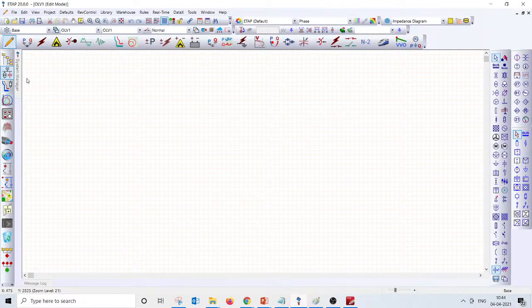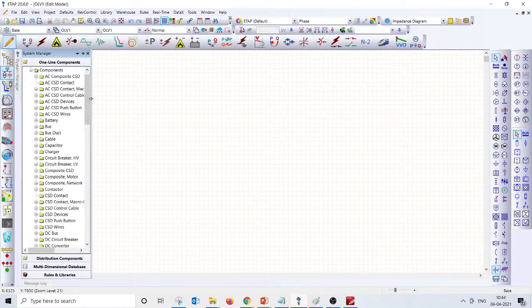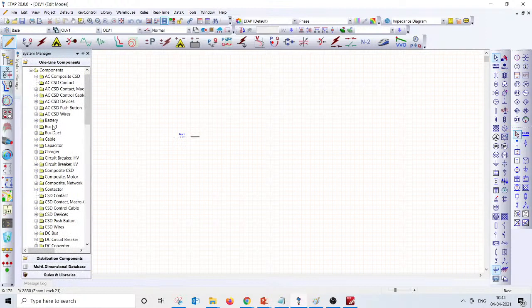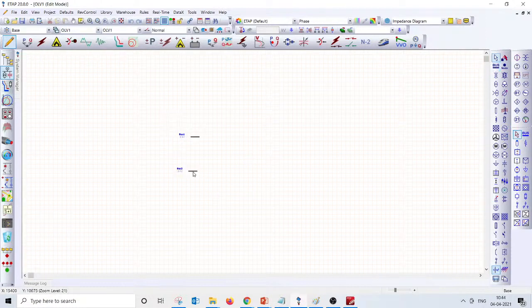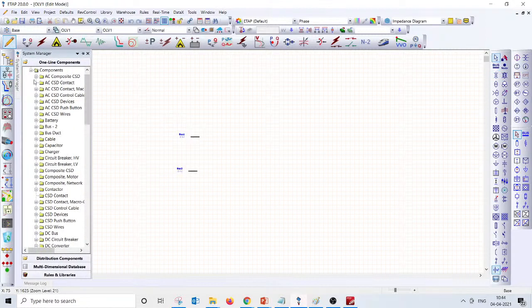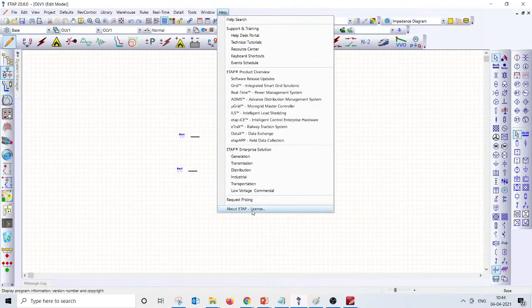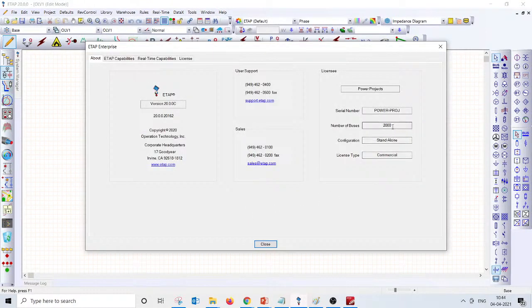So I'm going here, and for now everything is zero, because there are no equipment I have put up. If I'm putting a first bus, you can find the bus count is 1, and if I'm putting a second bus, you can see the number of buses has increased to 2. This may look very simple in small projects, but when you're doing 1,000 or 1,500 buses, it's really needed, it's mandatory. And this also helps you identify how quickly you have to increase your number of buses.